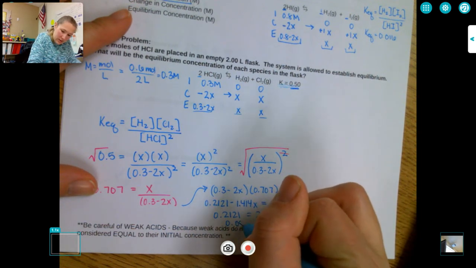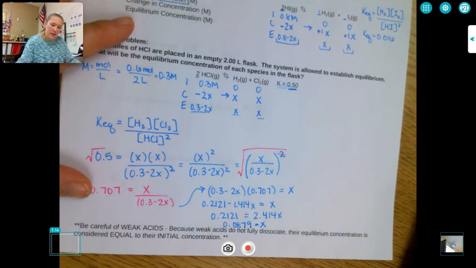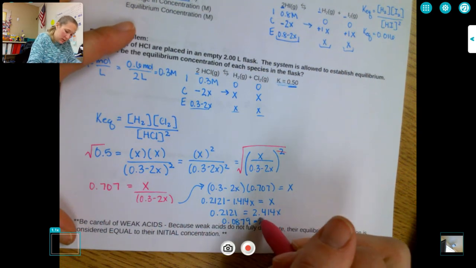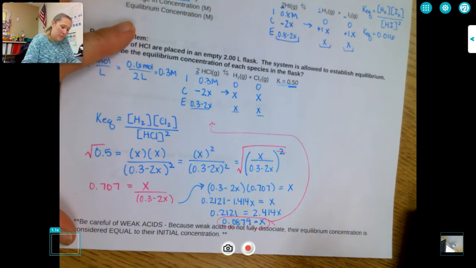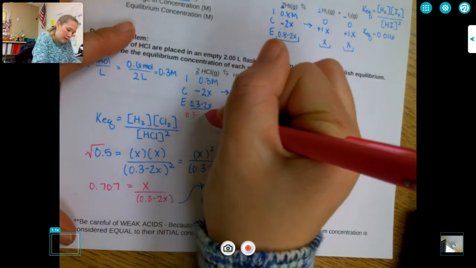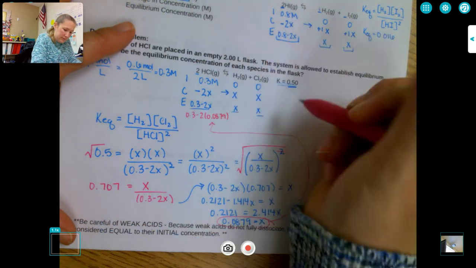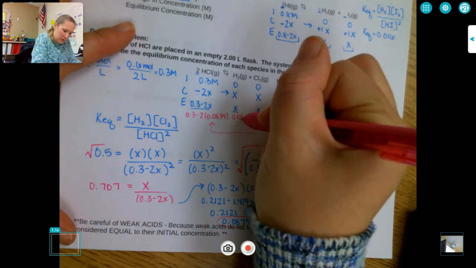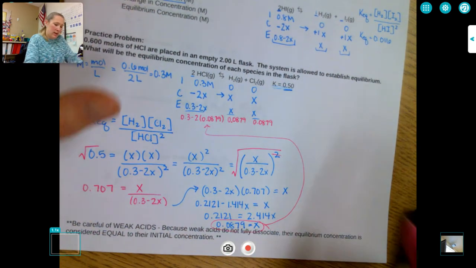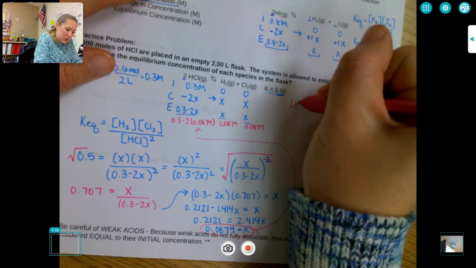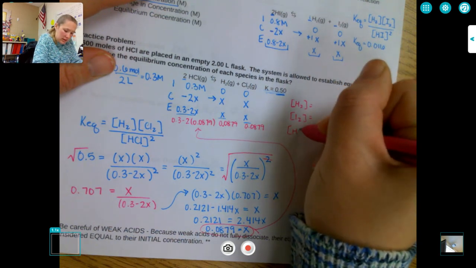So 0.0879 equals x. So this, you can still see it, this part gets substituted in for everything up here. So 0.3 minus 2 times 0.0879. This x is 0.0879, and this one is 0.0879. So I like to rewrite things over on the side. So my concentration of H2, Cl2, HCl,